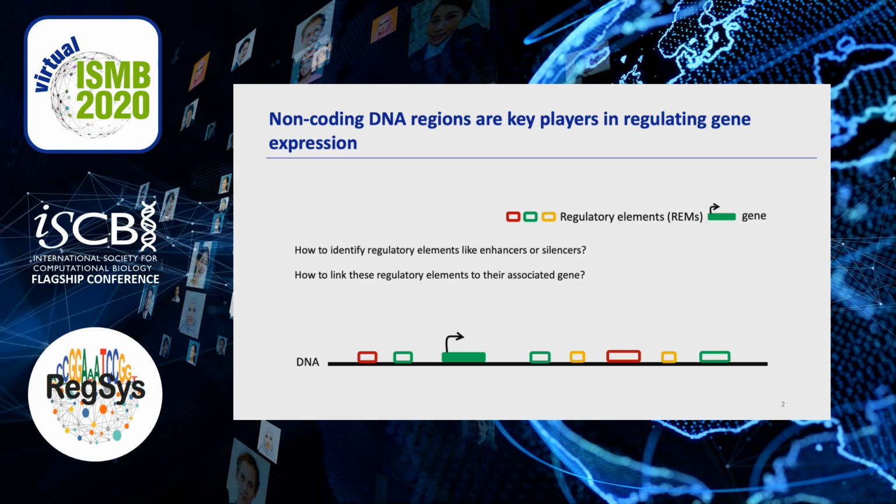And the second question which comes to mind is illustrated here with this small cartoon, where you can see one gene and several regulatory elements. And the question now is which of them are associated to the gene of interest. And identifying these target genes of the regulatory elements is an essential step to understand the impact on the gene